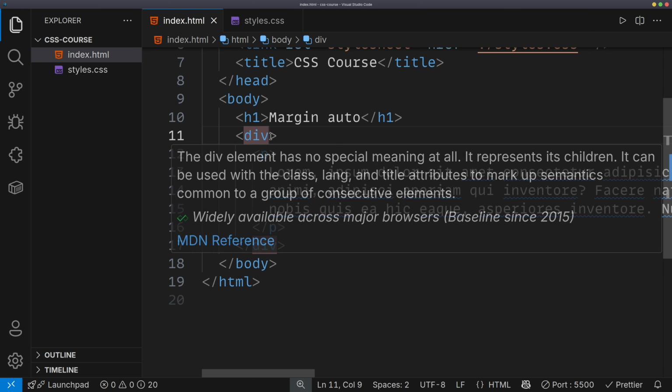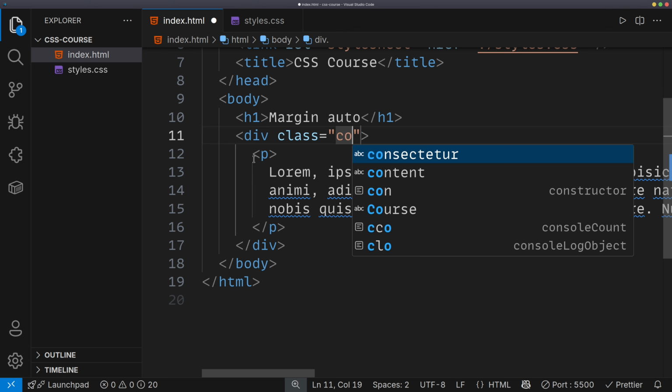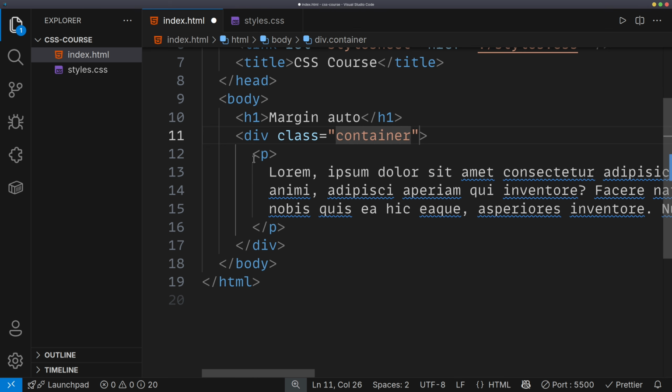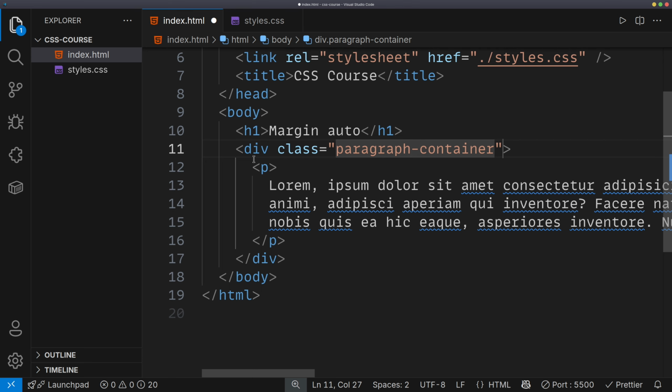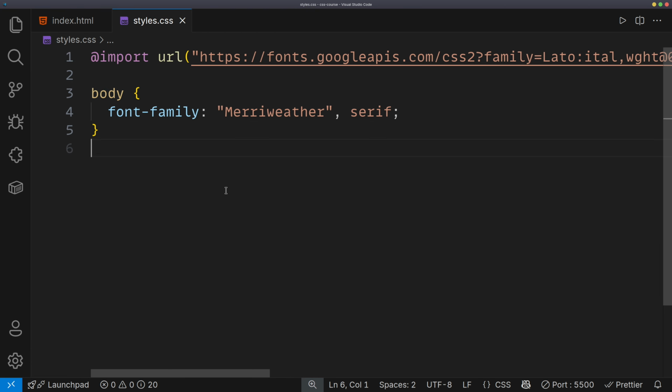Okay, now I will select this div. Okay, so let's do a class of container or paragraph container. Okay, and here we have the class of paragraph. All right, now let's go ahead here. Let's do paragraph container